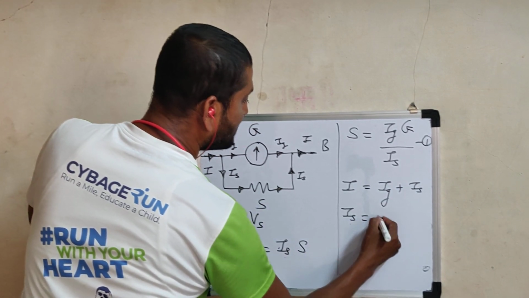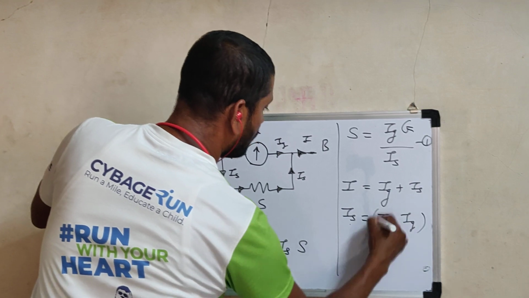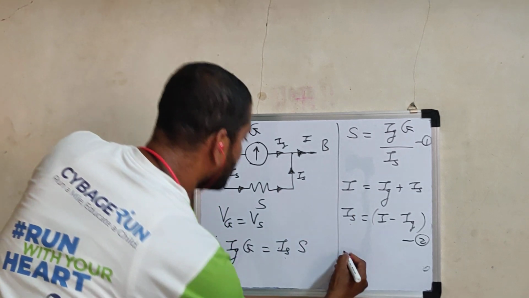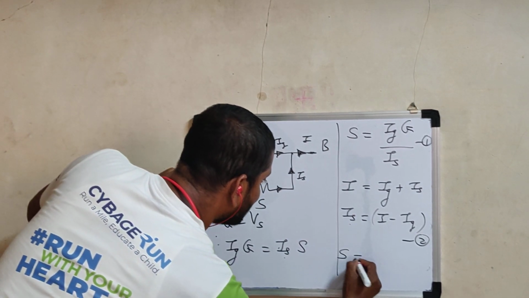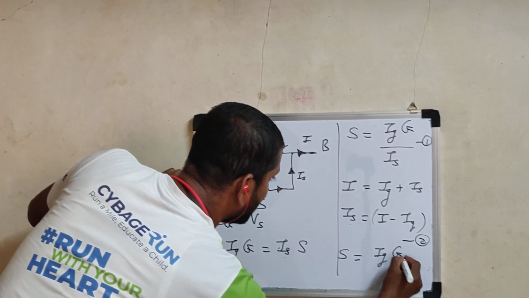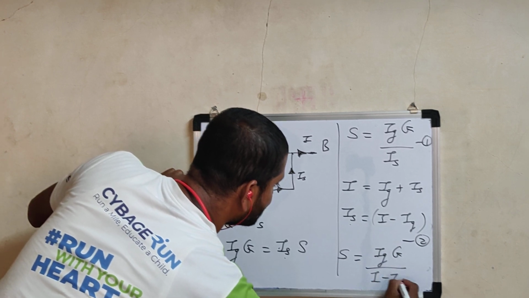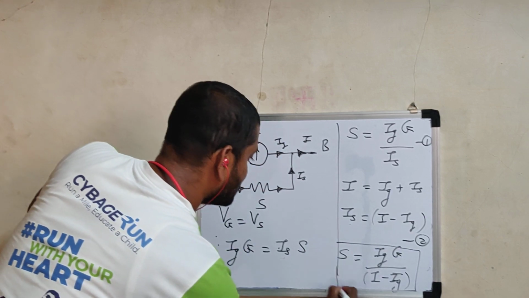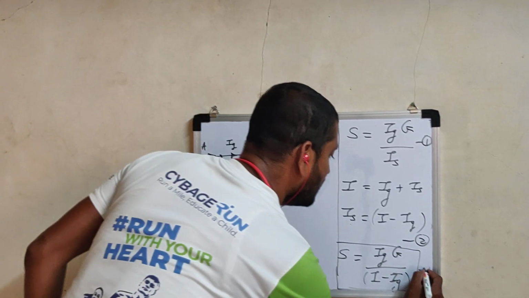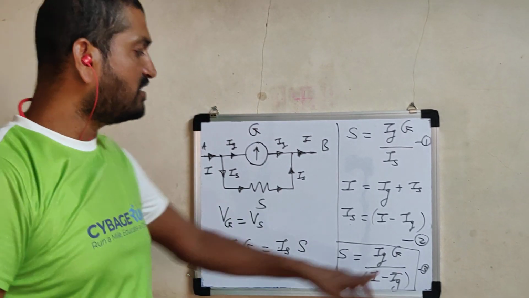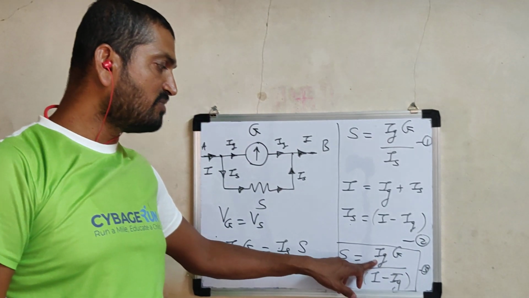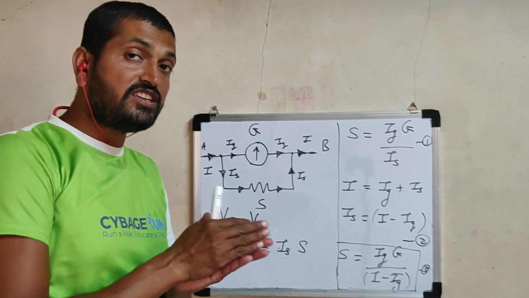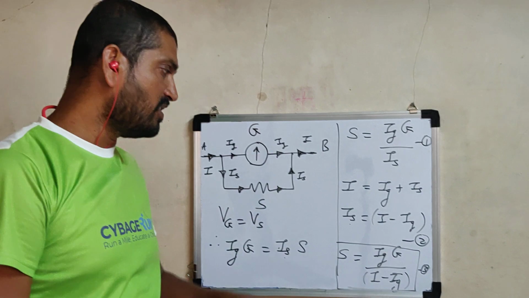If we now replace Is as I minus Ig, what will be the formula? Simply from this equation 2, replace Is in equation 1 and get the formula for the shunt necessary: S is equal to Ig into capital G upon I minus Ig. Very, very important formula. Listen carefully. Here Ig is called the full scale deflection current. It is no doubt a small value, but at least it shows the complete deflection on that circular scale.